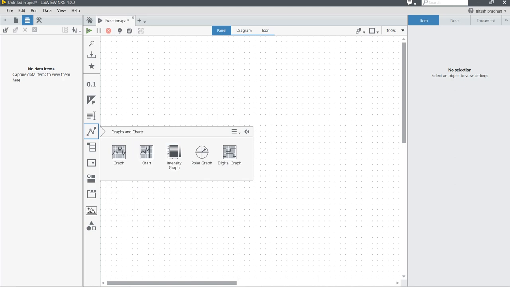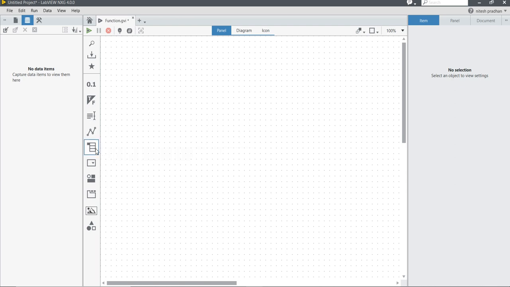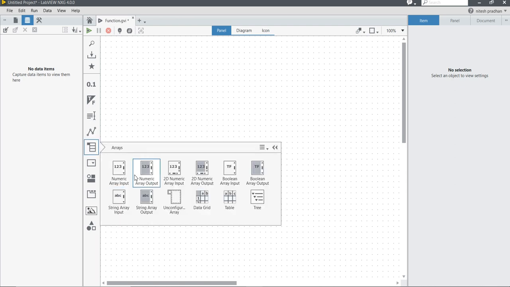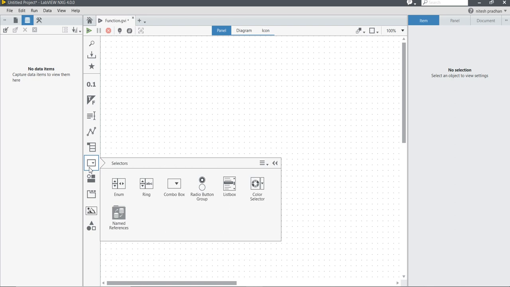If you left click here, there is no need to right click each and every time in LabVIEW NXG. You will get the array control palette. You will get array input, array output, and cluster input and output. These are your selectors like enum, ring, and combo box.